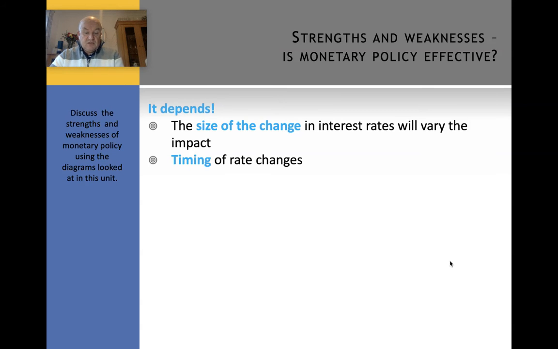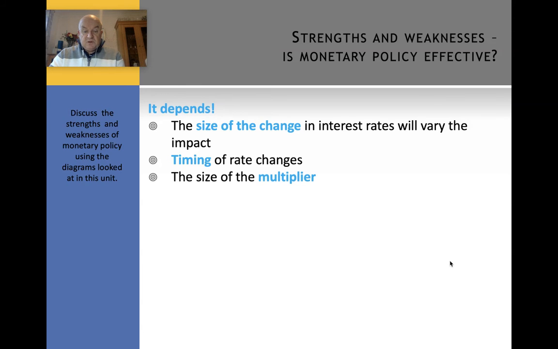The timing of the rate change is clearly also important, and part of the reason for this principle of forward guidance that the Bank of England have brought in is to try to make sure that businesses and individuals are aware of where interest rates might go and what the Bank of England is thinking is going to happen. So that forward guidance is almost like an early warning shot for businesses and individuals to appreciate what's going to happen.